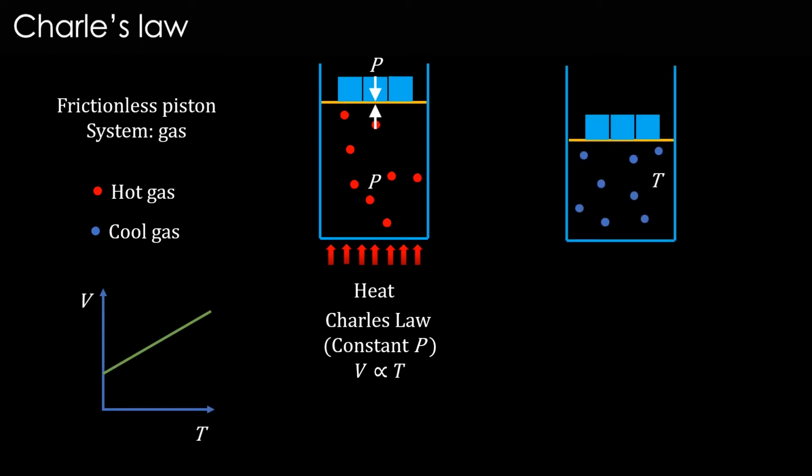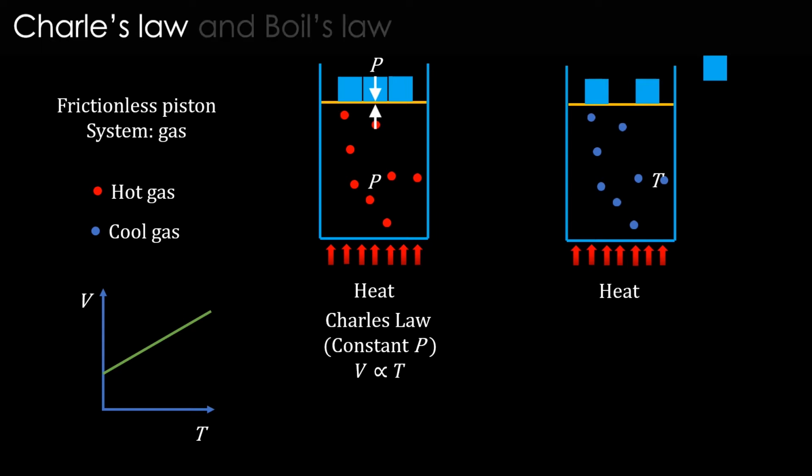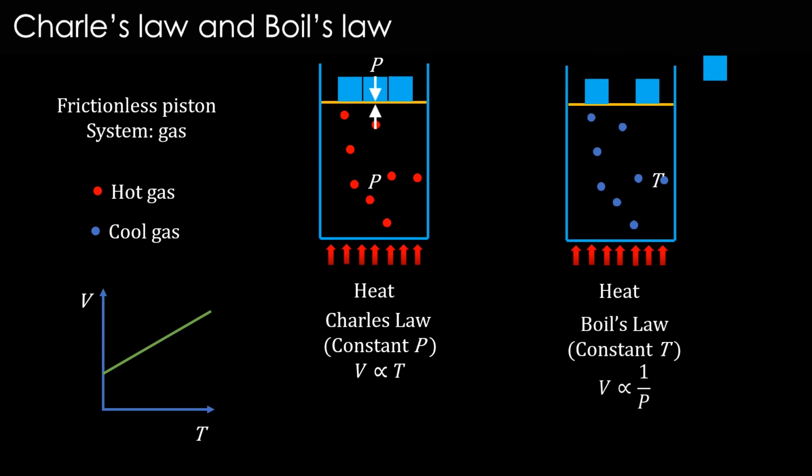What happens if the temperature is kept constant? Consider the scenario where the gas is at temperature T. The pressure is decreased by removing some mass from above. The volume expands. When the gas expands, temperature will obviously decrease. Heat is supplied in such a way that decrease in temperature is compensated. So the temperature is maintained constant. This is Boyle's law. At constant temperature, the volume is inversely proportional to pressure.